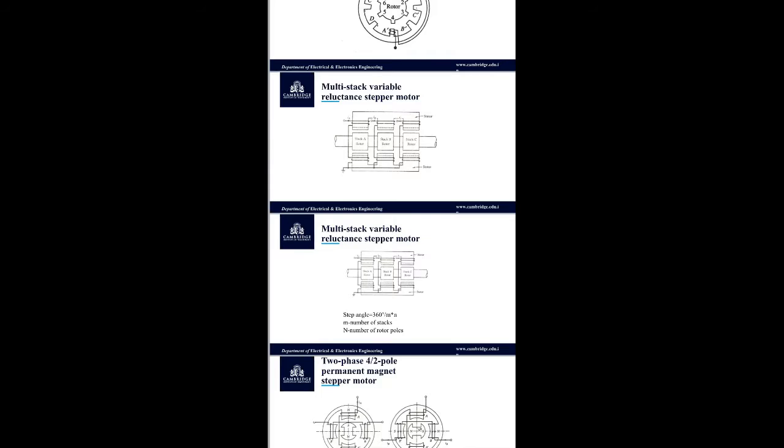Pole pitch is the distance between each, or the alignment of rotor and stator will be called as a pole pitch. The figure here is a 3-stack motor parallel to the shaft. As seen in the figure, the 3 stacks are parallel to the shaft. In each stack, rotors and stators have 1 poles. Stator poles are aligned, while rotor poles are offset from each other by 1/3 of the pole pitch, or 10 degree. The difference between the angle between 2 rotor poles is 10 degree. So this is the pole pitch.